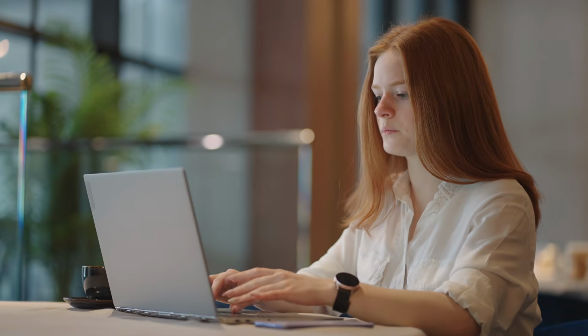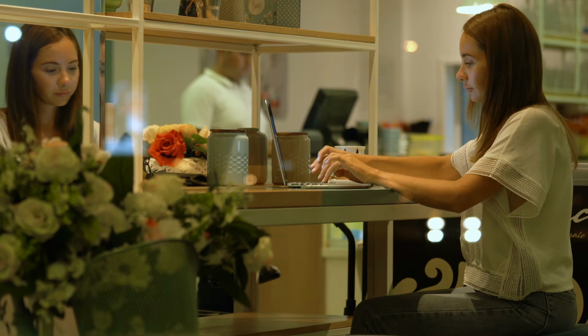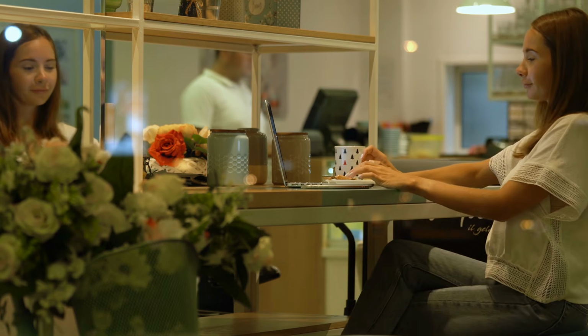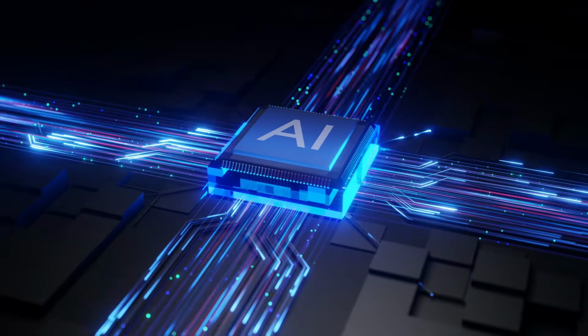Wait until you see how this combines with the next one, because structured outputs are the quiet superpower here. Instead of getting a wall of prose you have to parse, you can hand Grok a JSON schema, and it will return data that matches it. Typed, predictable, ready to drop straight into your app. That's the difference between an AI demo and an AI feature you can ship. And if you're building anything where the output feeds another system, this is the setting that'll save you the most